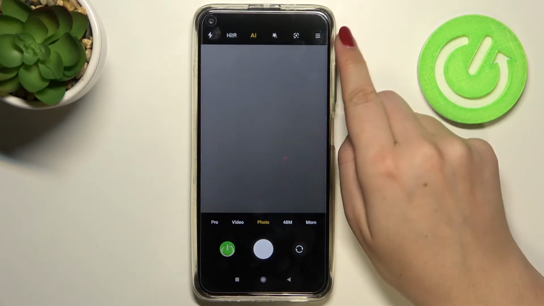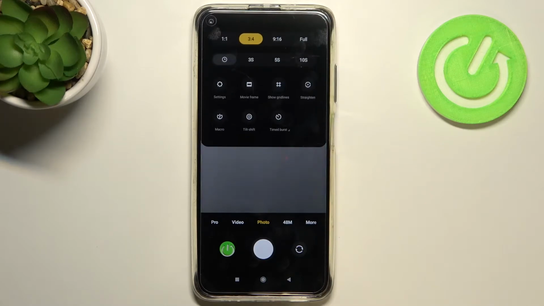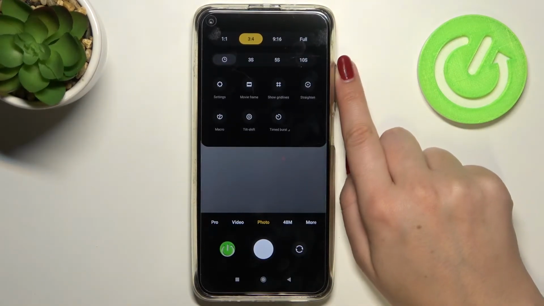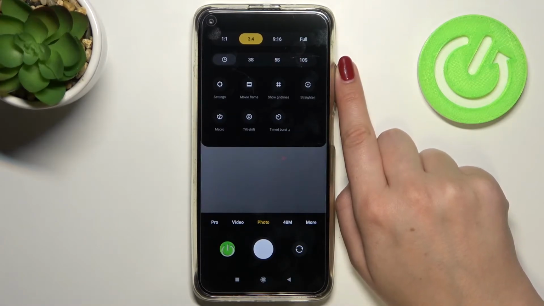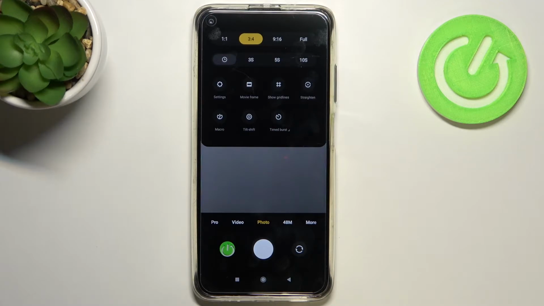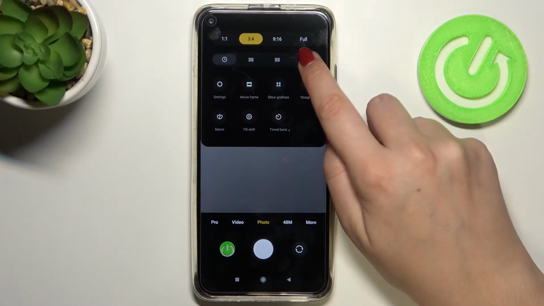Now we can tap on this three bars icon in the right upper corner and let's take a look at this option bar here. On the second position we've got the timer. Right now it is turned off, we've got this clock icon highlighted, but we can also set 3, 5 or 10 seconds delay. So in order to actually set the timer, all you have to do is to tap on